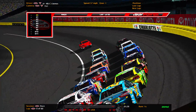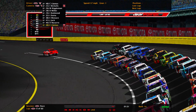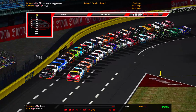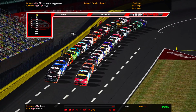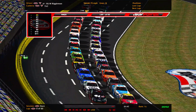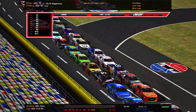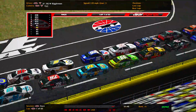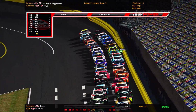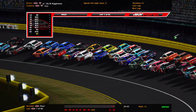It's going to be interesting, though. I really want to start kind of in the middle of the pack, sadly, due to the fact that it might get crazy here. So Cody Lamas and Jeffrey Finguy lead them down, and we're underway. Cody Lamas with an amazing start, but it's going to be interesting to see how they...